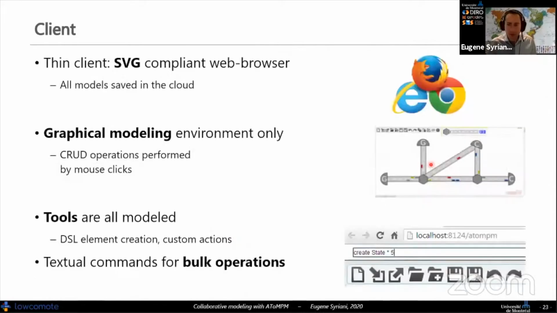So very quickly, each of these components. The client, as I said, is a very thin client, so there's nothing to install. All the models are saved on the cloud, and all you need is an SVG compliant web browser because we use HTML5 and SVG there. It allows you to only model graphically.